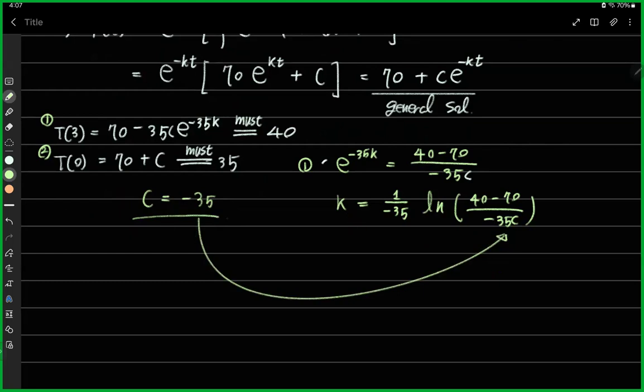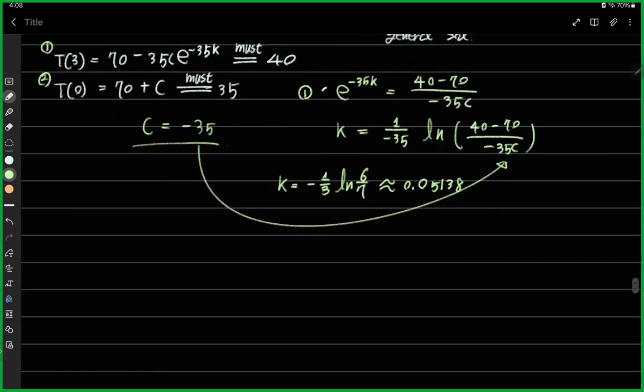Okay. So the answer is, hold on a second. K is equal to negative 1/3 over the natural log of 6/7. This is approximately 0.05138. Okay. So that's the summary of